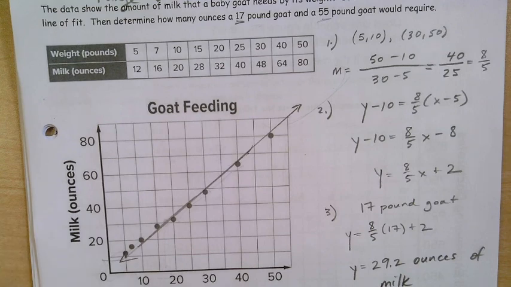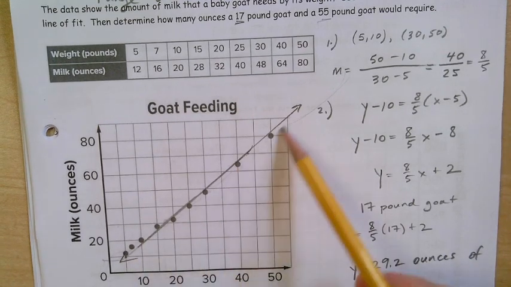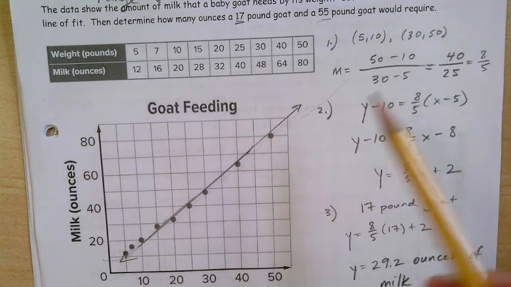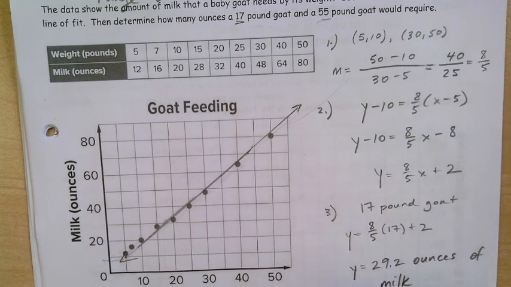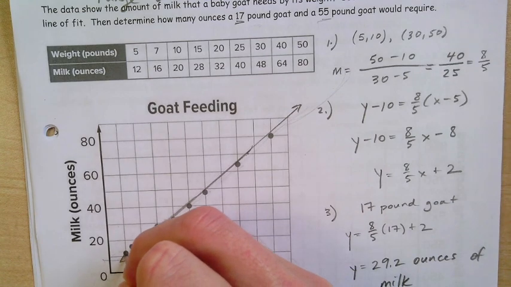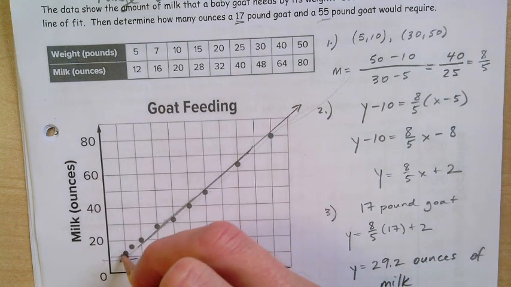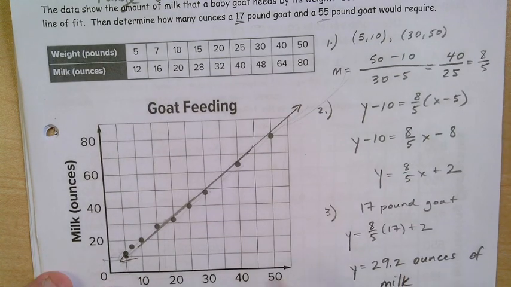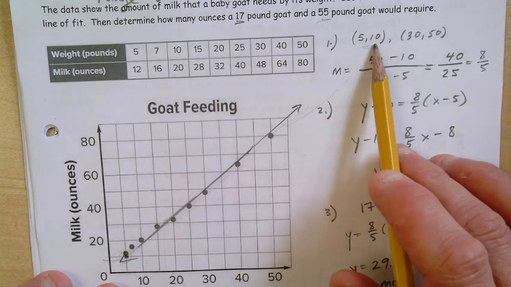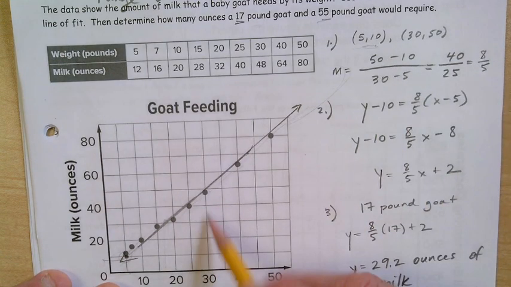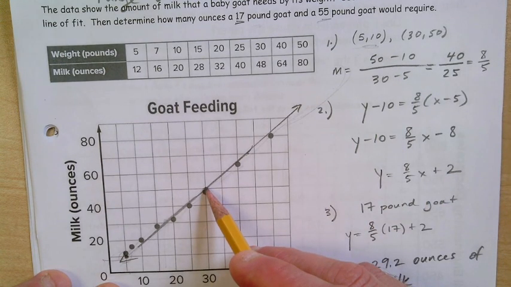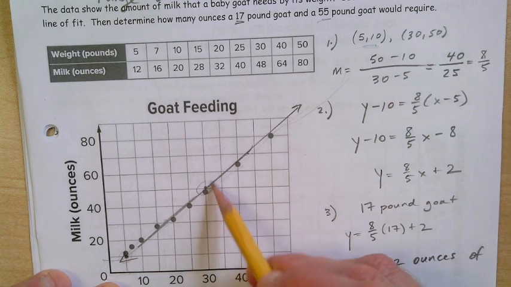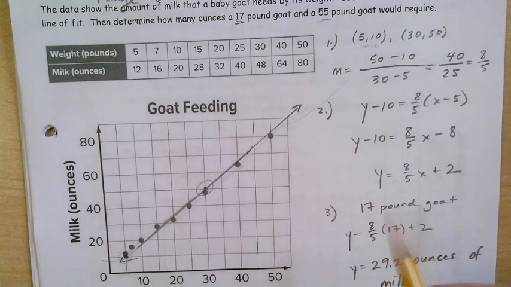So here's what I did. I went ahead and drew a line over here to the best of my ability that I felt like would represent all these data points, okay? Then from there, I identified 2 points that I thought were on that line. This one right here, which is over 5 and up 10, so (5, 10) was my one data point. And the other data point was this one right here, which is at (30, 50), okay? So I did those 2 points and said, I'm going to use those to find the equation of my